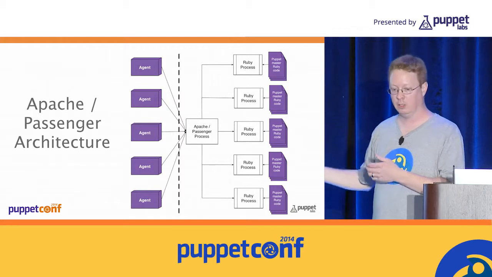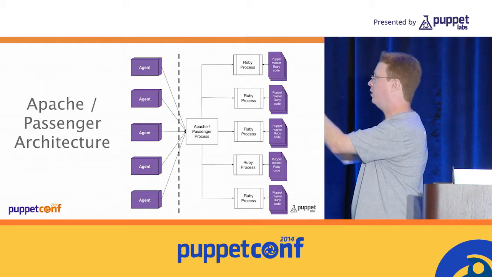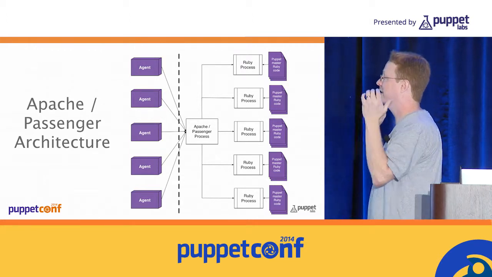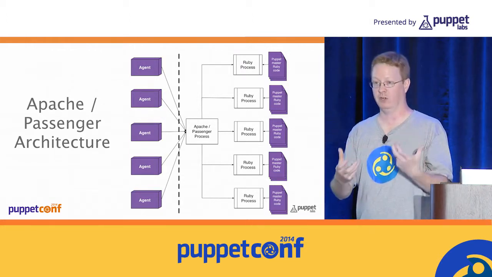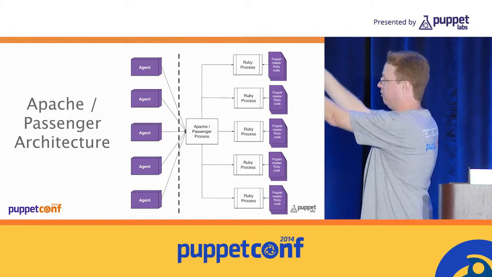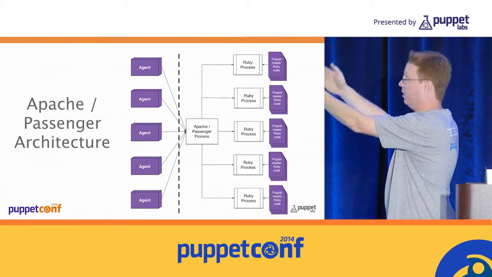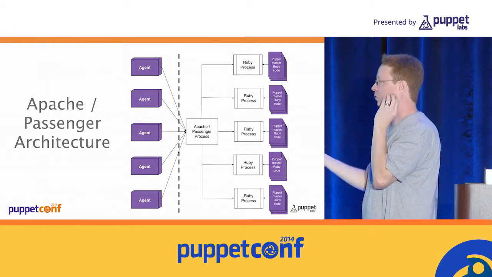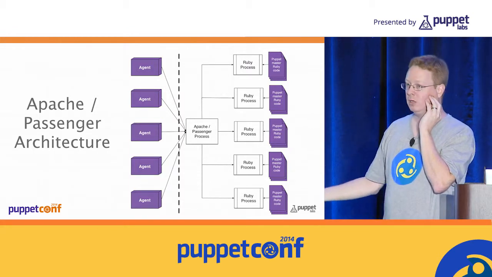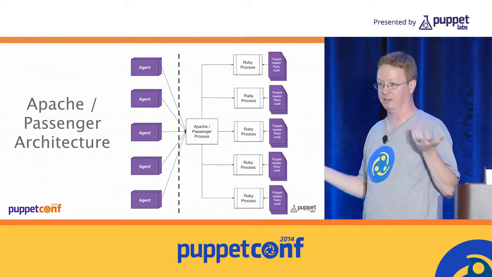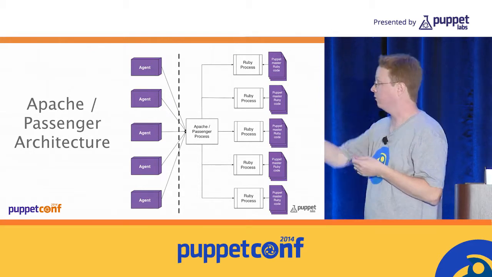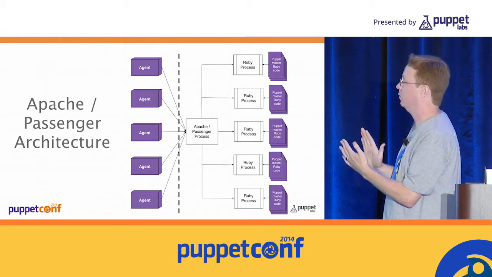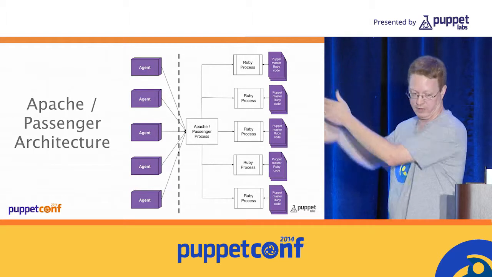requests, right? So you'll notice that what I tried to do with this slide is the purple things on the slide are kind of trying to highlight the code that we wrote, that we own, that we have control over. And you'll notice that there's this kind of big gap in the middle here where it's a lot of code that we don't have any control over. There's configuration settings we can set to tune Apache and Passenger, but once we've tinkered with those and started the process up, that's the end of our influence over that. So the requests come in, and Apache does what it wants to do with them. Passenger does what it wants to do with them. We lose control over that entire middle area,